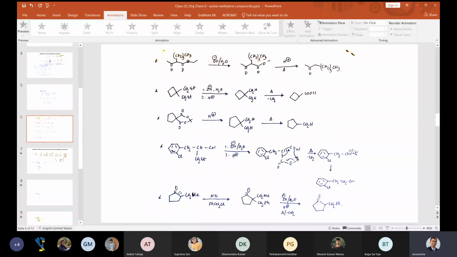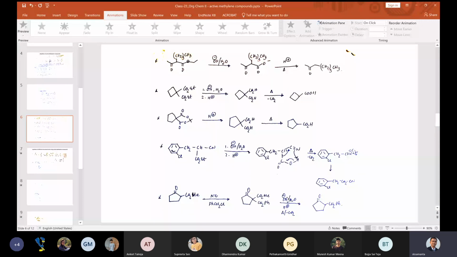You can add a functional group. This is a cyclic system, but it also resembles an active methylene compound, because the hydrogen on this CH is mostly acidic, as C double bond O and CO2Et are both electron withdrawing. So the proton here is acidic in nature. Now if you add base, here we are adding sodium, it will pick up the proton from here, and then you add benzyl chloride. It will react with this system and benzylation will happen.